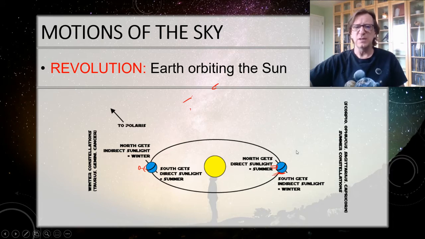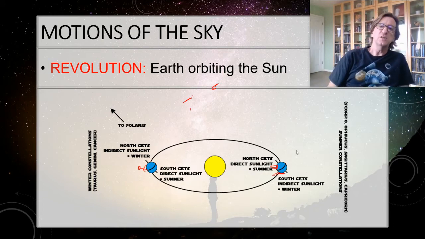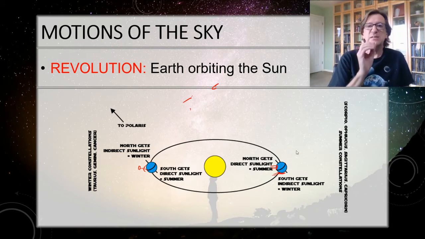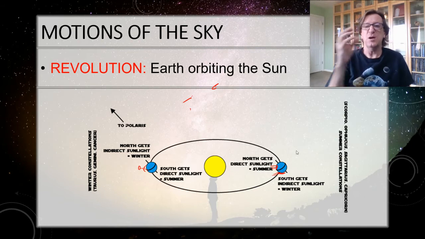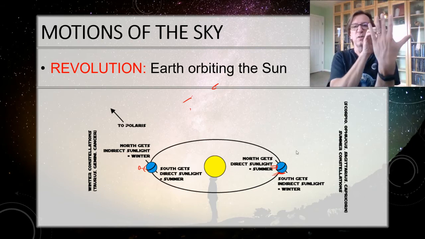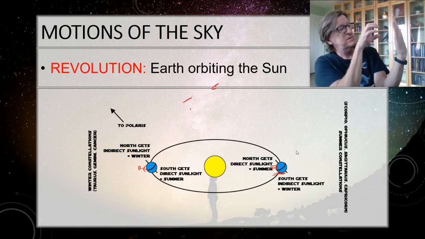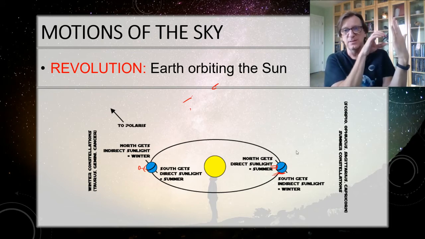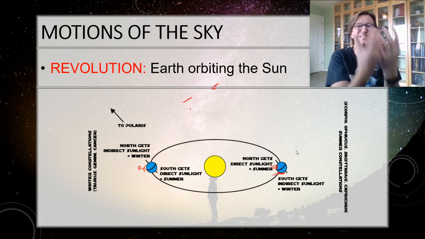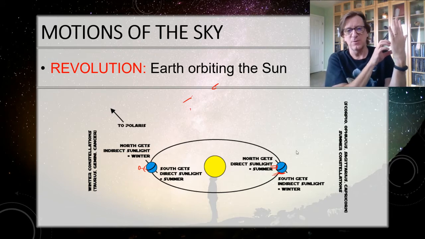Now you may say, wait a minute, Kilo, I'm a Gemini and I was born in May. Well, okay, true. May is closer to summertime than it is to winter. But remember, here's how astrology works. Astrology, your birth sign, is based on where the sun appeared when you were born. So if you think about it here, if this is Gemini, when you were born, if you're a Gemini, then the sun was in the constellation Gemini. So Gemini was behind the sun. Well, obviously, you couldn't actually see Gemini because the sun was shining from that.